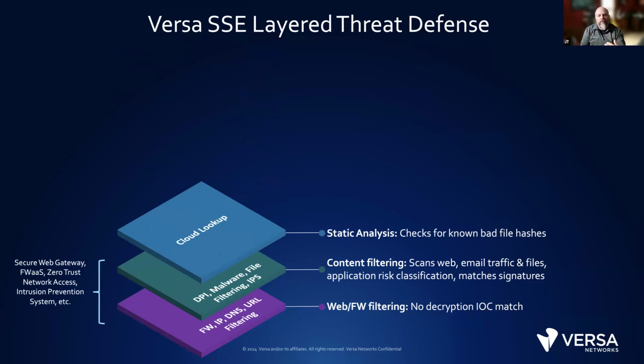Upon that, this is where we start bringing in ATP. This is how we've layered that on top. So if something from a static definition on box can't necessarily say that this is malicious or benign, or it may be something that looks suspicious in some way, we'll send that up to the cloud lookup, right? So this is where we can do static analysis. We've partnered with VirusTotal, which is owned by Mandiant, the largest red team, blue team IR provider that's out there.